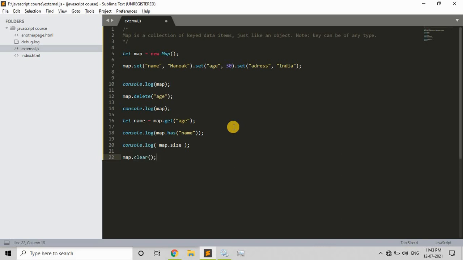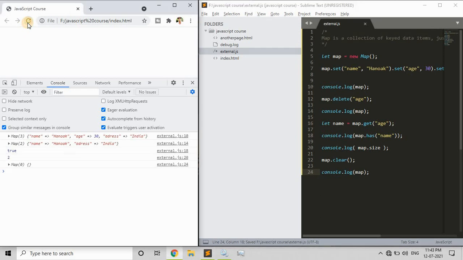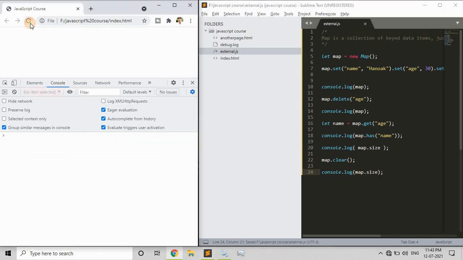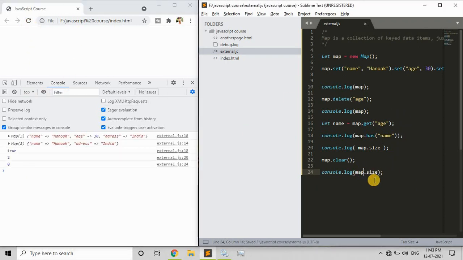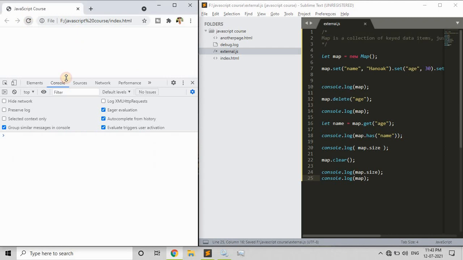It will wipe out everything. If I log the map, you get an empty map. So boom, we got that empty map. And if I check the size, it will be 0.